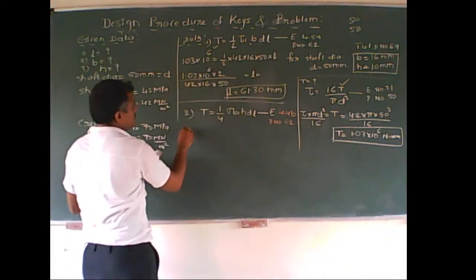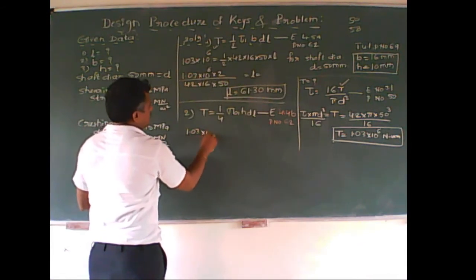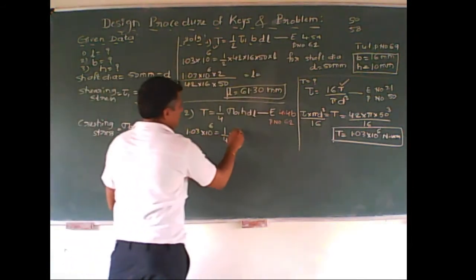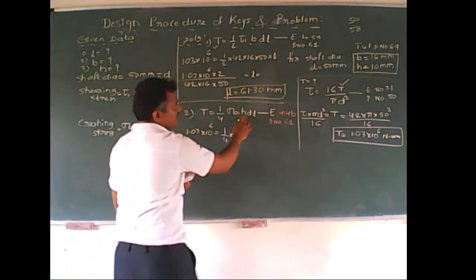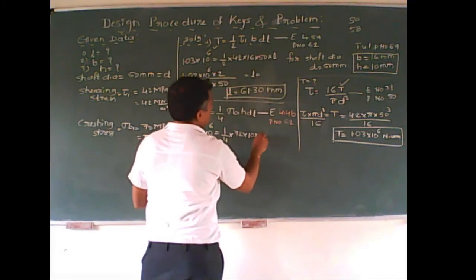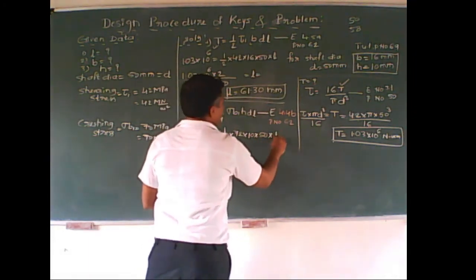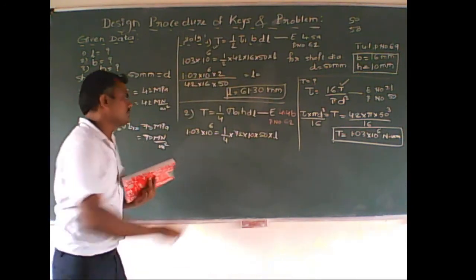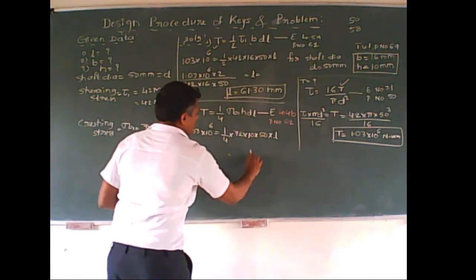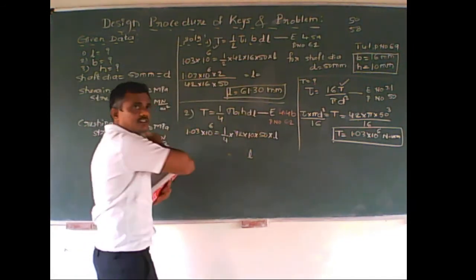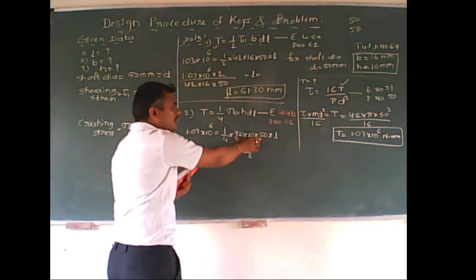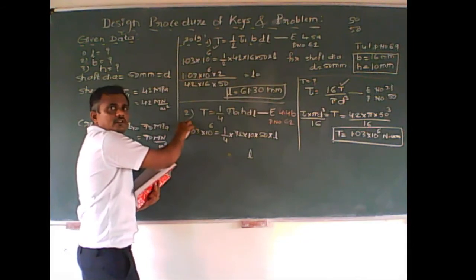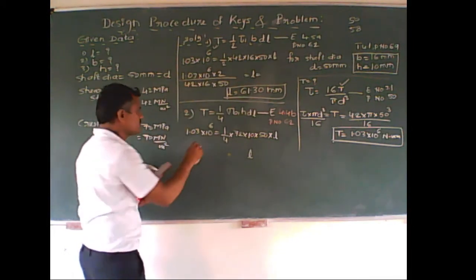Torque is how much? 1.03 into 10 raised to 6, 1/4. Sigma b1 you substitute. What is that? 72. Multiplied by what is the value of h? 10. What is the value of diameter? 50. And length. In this case also we have to calculate the value of the length of the shaft. So this L I will keep on the right hand side only, and the rest of the things are the product multiplied with L. 4 is divided by L, correct? It goes to the left hand side of the equal sign and becomes multiplication.